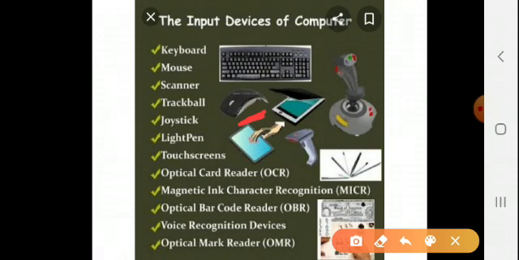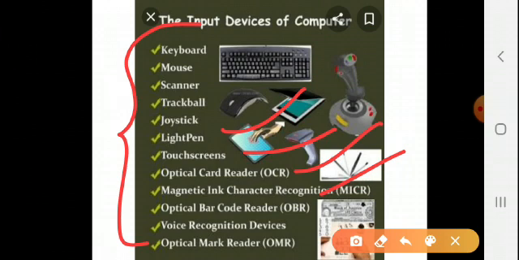It is a pointing device which is used to select or to draw things on our computer screen. Then next is the joystick. This is used to play games on a computer. Then the microphone, very simple. A microphone is used to record sounds and music in the computer. Scanner: it is used to copy pictures and documents so that they can be stored in a computer system. Many others are there, like light pen, touch screen, OCR and MICR. All these are our input devices which are used to input our data into the system.